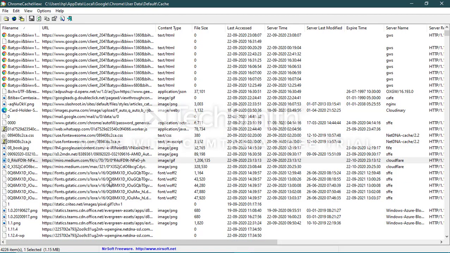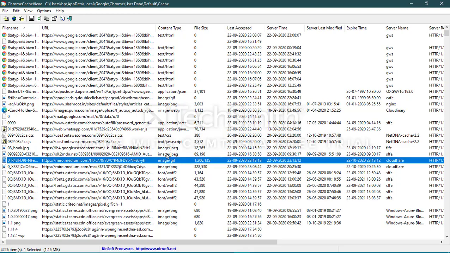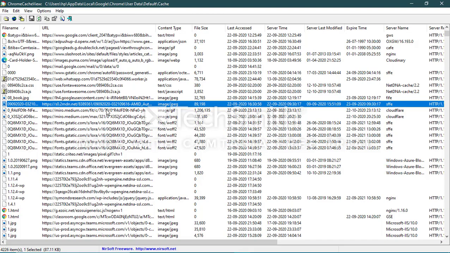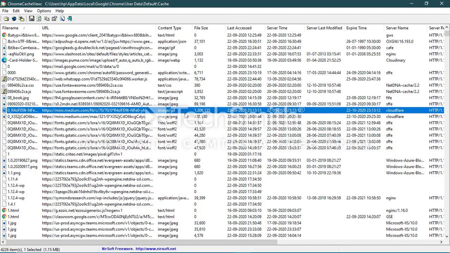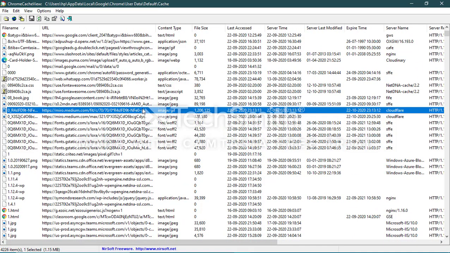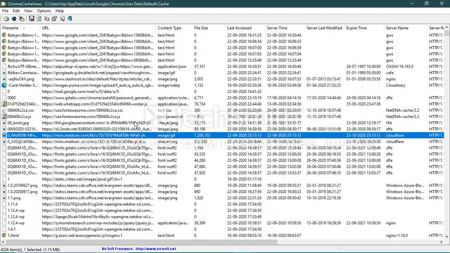Here are the packets and the data that are being collected in Chrome Cache View. If we select them all, this will give you 320 megabytes of data that has already been stored in your cache memory, and this is what is consuming your RAM. For some people, this data could be completely useless, but for developers, this data is crucial. And for expert searchers who need their data to be really precise, really accurate, and need more and more data about their respective concern, it is really helpful.